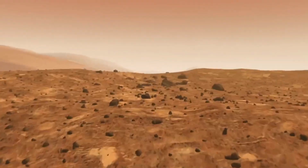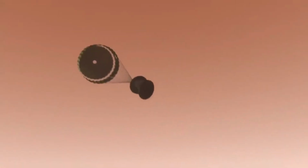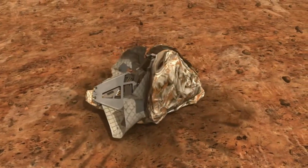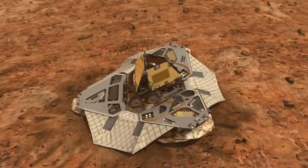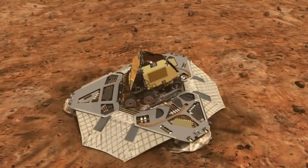The Opportunity Rover was a robotic vehicle that was sent to Mars by NASA as part of the Mars Exploration Rover mission. It was launched on July 7, 2003, and landed on the Red Planet on January 25, 2004. The rover operated on Mars for nearly 15 years, providing valuable data and insights into the geology, atmosphere, and history of the planet. This video will provide an overview of the Opportunity Rover, its mission, and some of its key